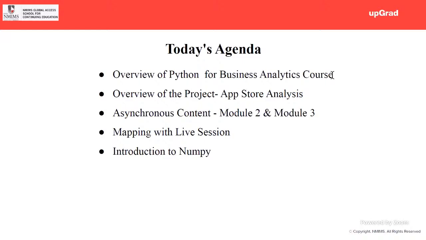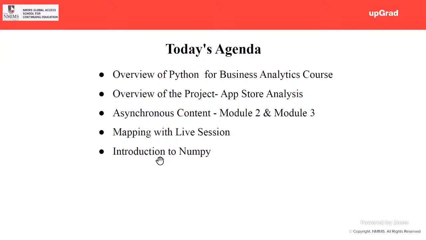Then we'll talk about the async content, module 2 and module 3, mapping it with your live sessions. And then we'll start our discussion on NumPy. The initial 5-10 minutes will cover your course, project and async content, and then we'll go straight to NumPy.